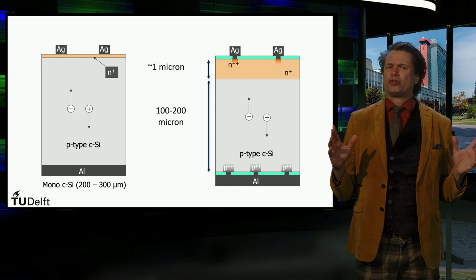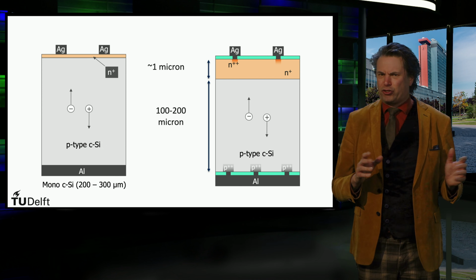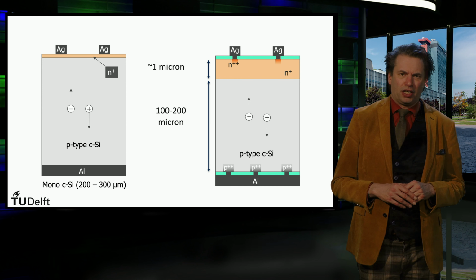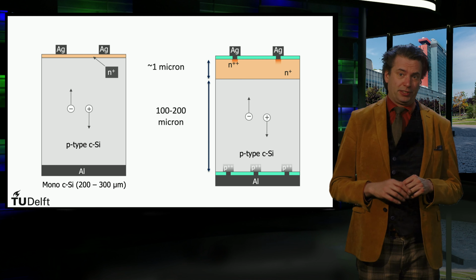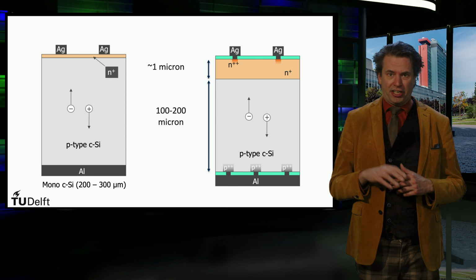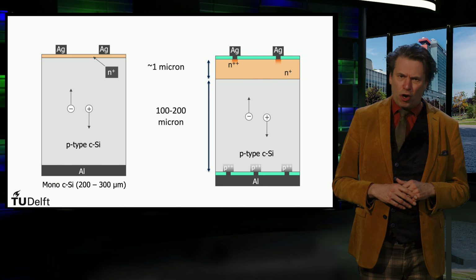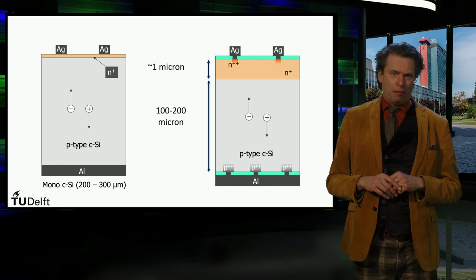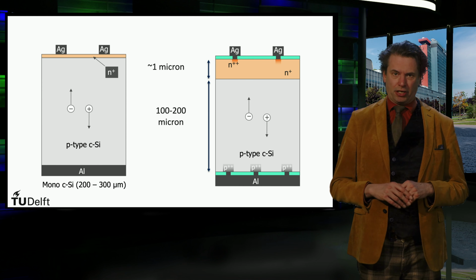Let's look at the most conventional crystalline silicon solar cell based on the so-called back surface field architecture. The solar cell is based on a p-type silicon wafer. The N layer in this illustration, colored beige orange, is the n-doped layer in the crystalline silicon PV technology. This layer is often called the emitter layer.